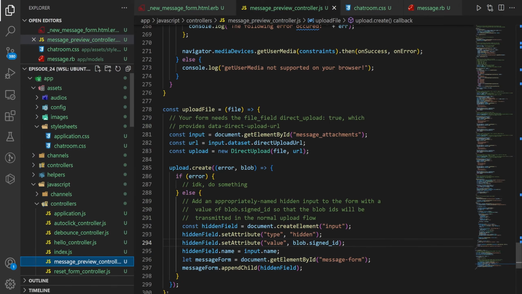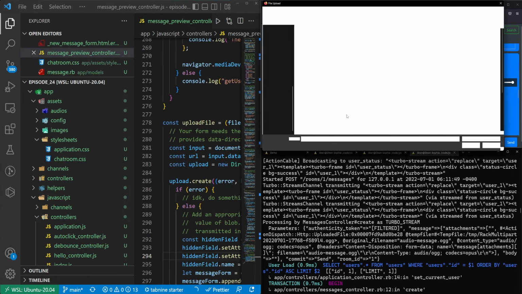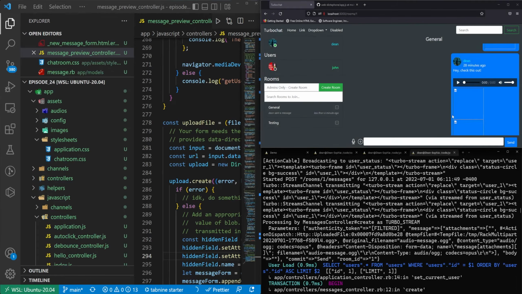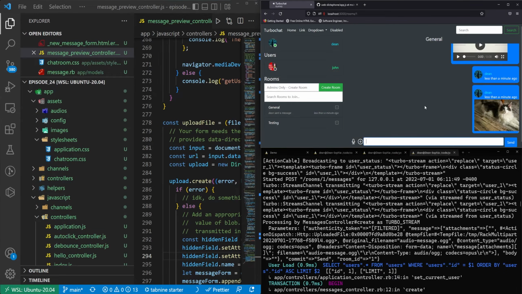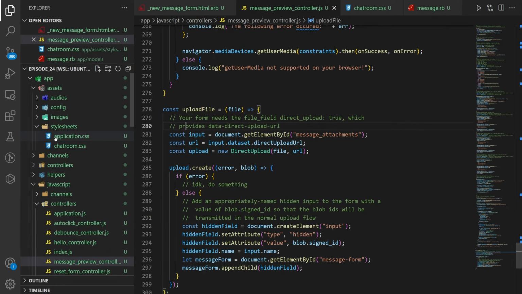One thing I do want to fix that isn't really being shown right here, but if I change this and I just upload something real fast, let me do like this PNG. I'll hit send on this. If I scroll down, this is kind of breaking because it's falling off the side. So real quick, we'll come into